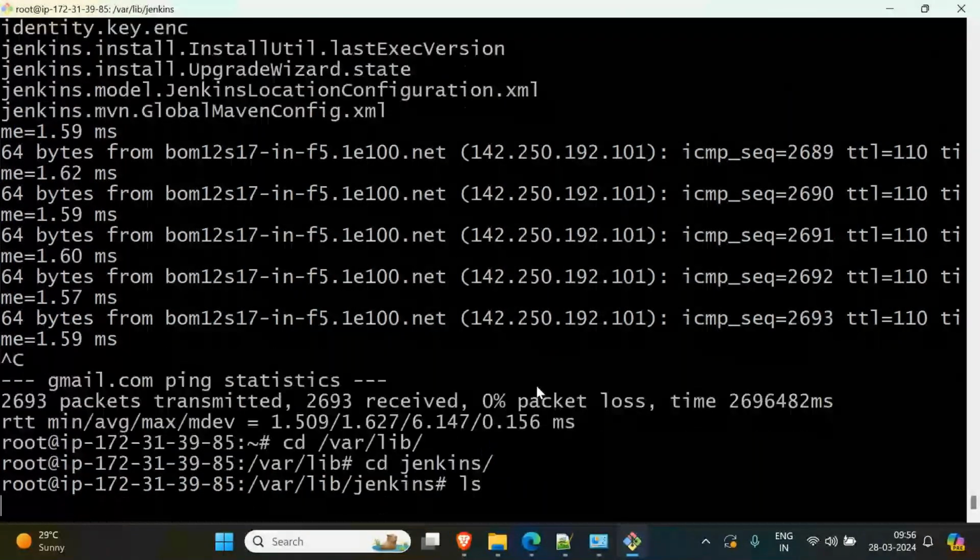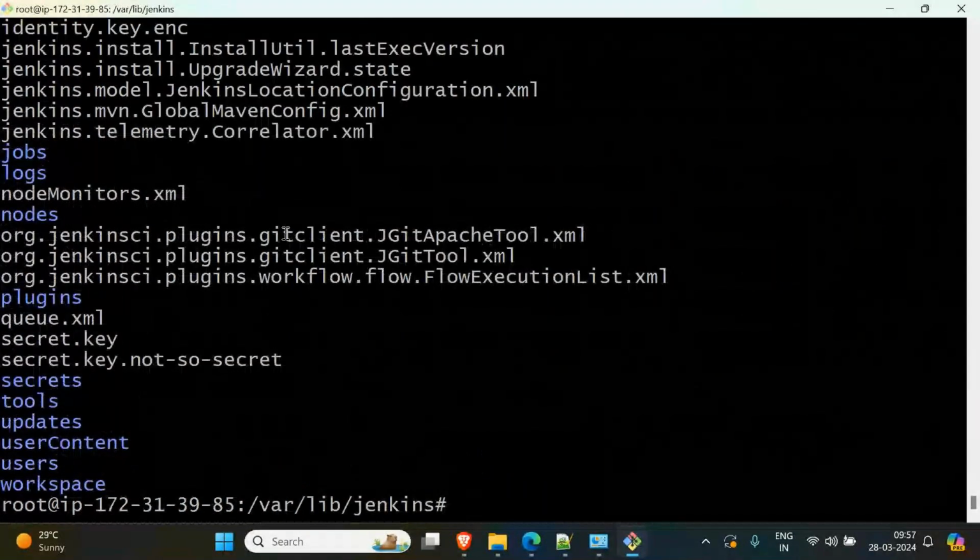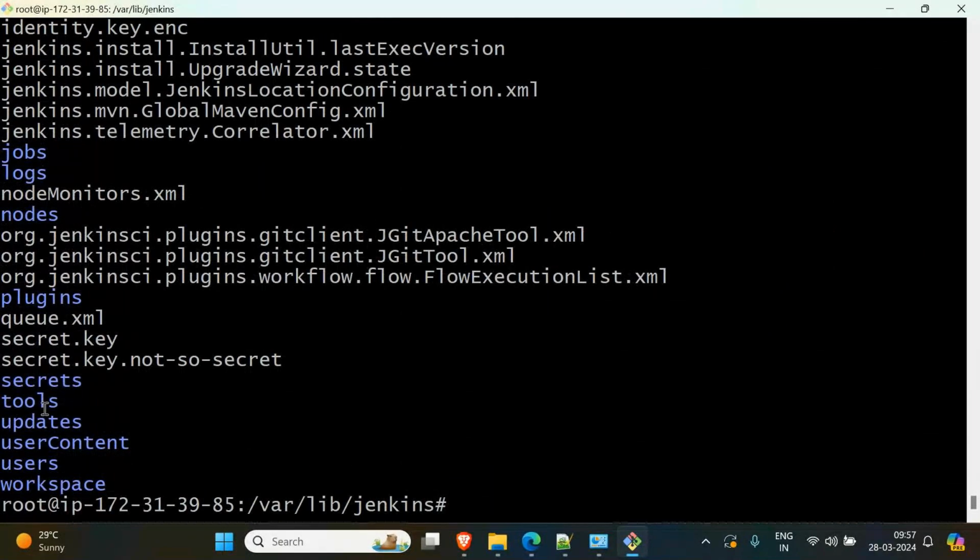So in this we have many. Out of this, go to tools. Here we have tools, so cd tools. Why am I going to tools? Because I've installed the Maven plugin. The Maven will be stored inside the tools. Why in the tools? Why not in the plugins? If you remember,